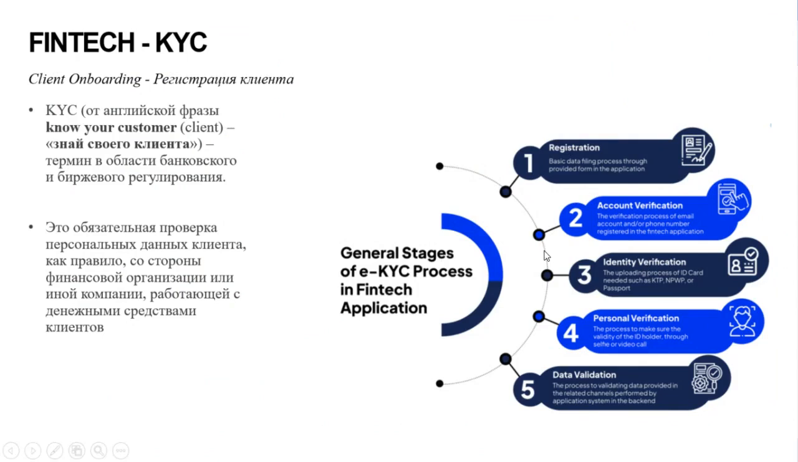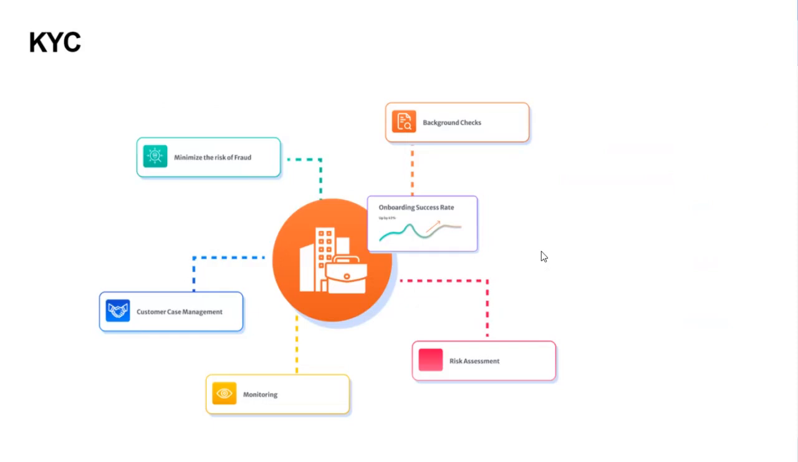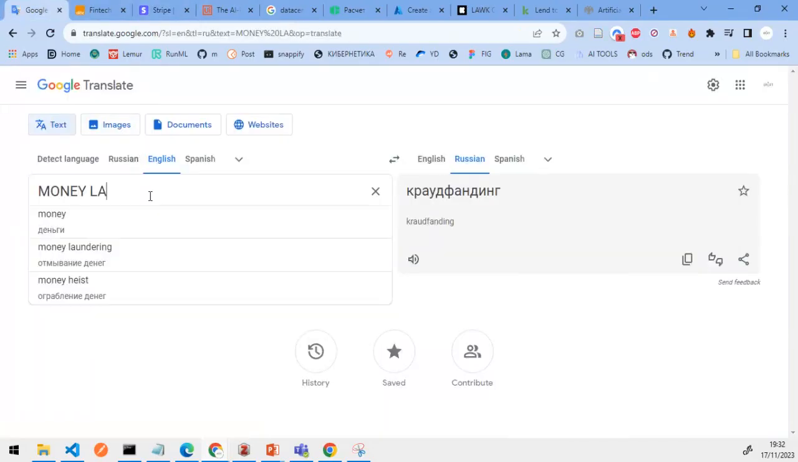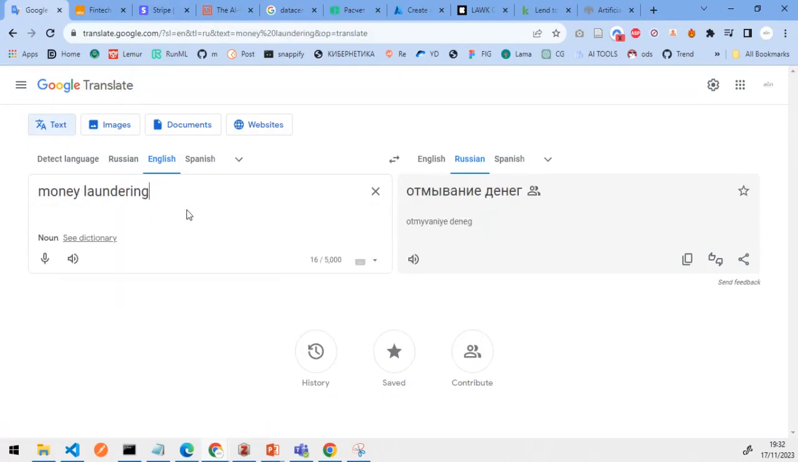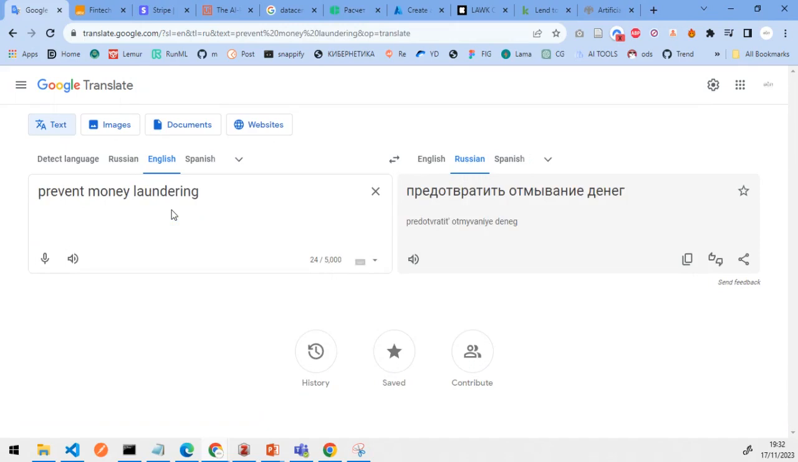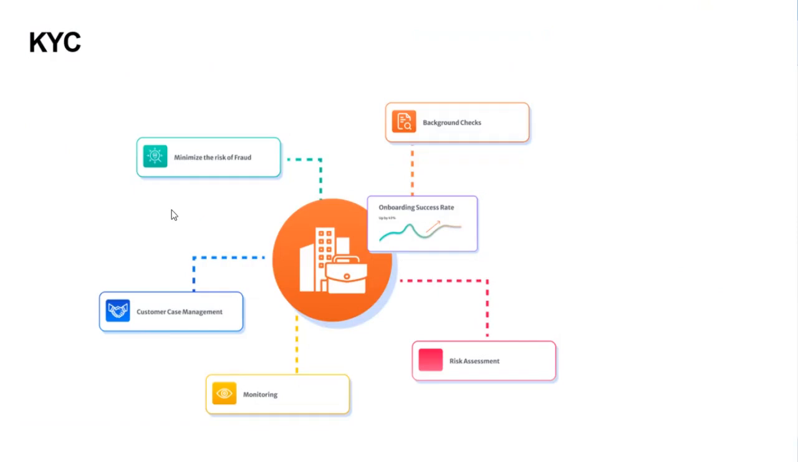So for example, you have to send a copy of your passport or some registration document to show that you are the person, and then they have to verify your identity. So KYC helps to minimize some risk of fraud or money laundering. Yeah, so it helps to prevent money laundering, because once you have the identity of the client, you are preventing all these kinds of